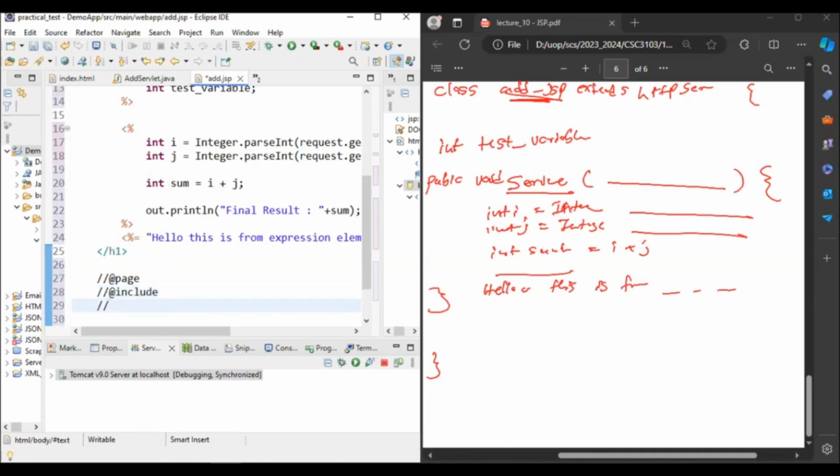Then if you want to import some external tags, user defined tags, you can use add tag lib, right? There are some attributes available in page. Then if you want to specify the language, you can use the